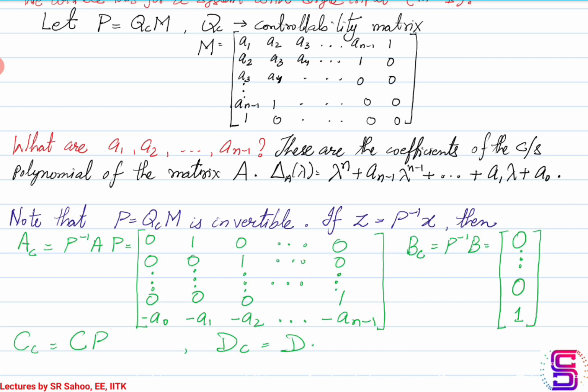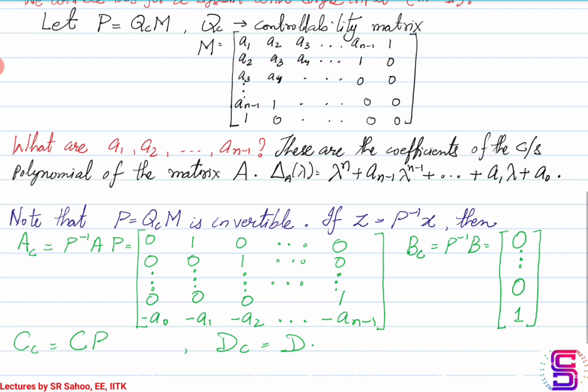So here the AC and BC matrices have a very special form. When you do P inverse AP, using the P that has just been described, the first row of the A matrix, or the AC matrix here, would be 0, 1, and then the remaining entries 0. The second row is the right shifted version of the first row. So it is shifted, and you keep on doing this till you reach the n minus 1 row, where the first n minus 1 elements are 0 and the last element is 1, as shown.